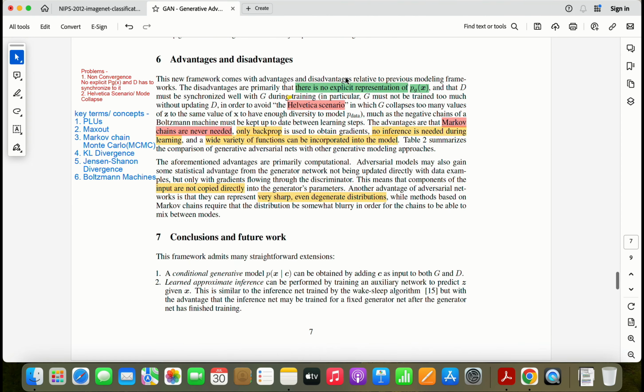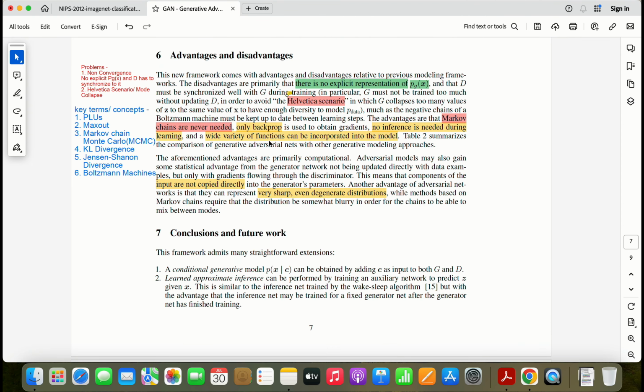Finally, the advantages and disadvantages of GAN. Let's go into advantages first. It does not use a Markov chain. It has been repeated so many times, so let me tell you what this paper refers to. The paper tells that a Markov chain involves a long calculation, and second, it is not able to learn sharp images properly. That's why the Markov chain is a disadvantage. GAN only uses backpropagation. Inputs are not copied directly, which we already saw in the diagram previously, and sharp, less sharp, blurry, all kinds of distributions can be learned.